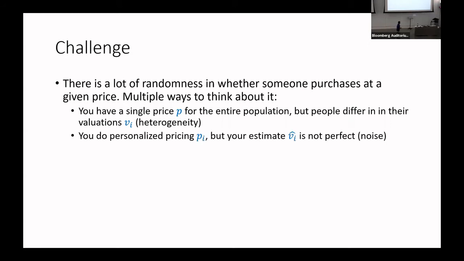Another way to think about it is you are doing personalized prices. So you do have a price for each person, but you have uncertainty in your estimate. So your estimate for the valuation is not perfect. So you think that, you know, with some probability this person's valuation is 20, with some probability this person's valuation